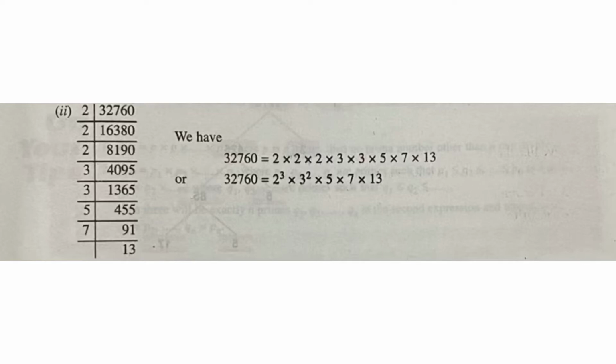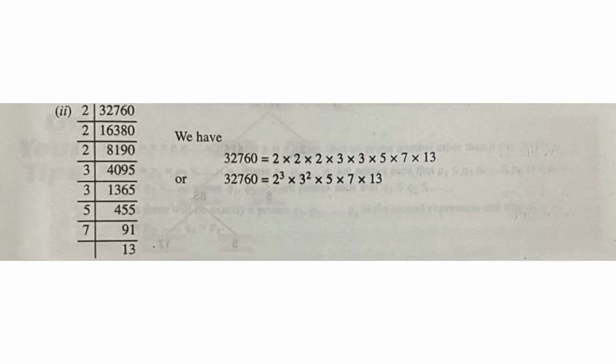So here you can see that it ends with 0, so it is divisible by 2. When you will divide it by 2, you will get 16,380. Again it is divisible by 2, and when you will divide it, you will get 8,190. It is again divisible by 2. When you will divide it, you will get 4,095. Now it is not divisible by 2, but it is divisible by 3. So when you will divide it by 3, you will get 1365. Again it is divisible by 3, and on dividing it you will get